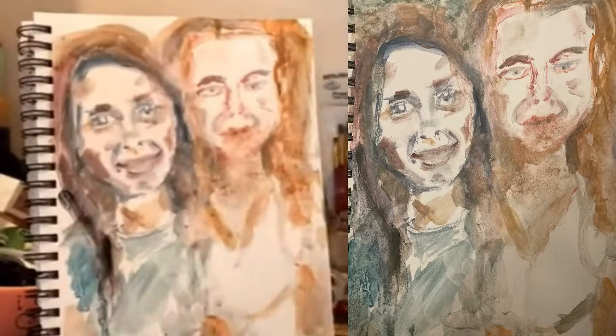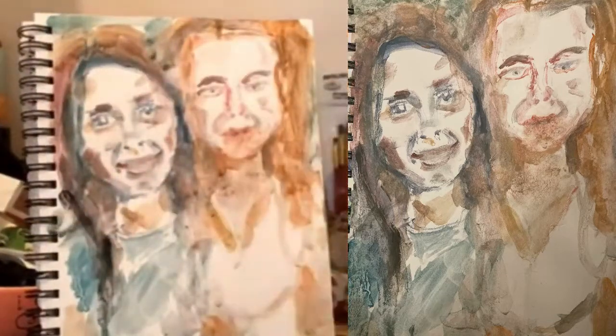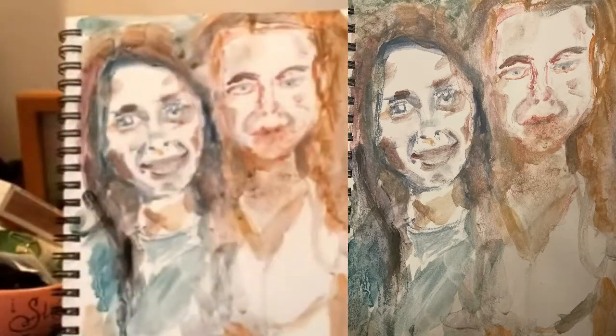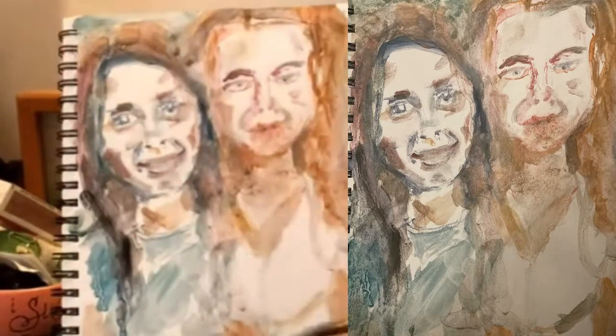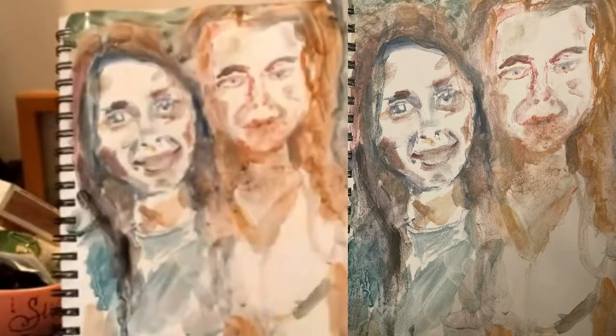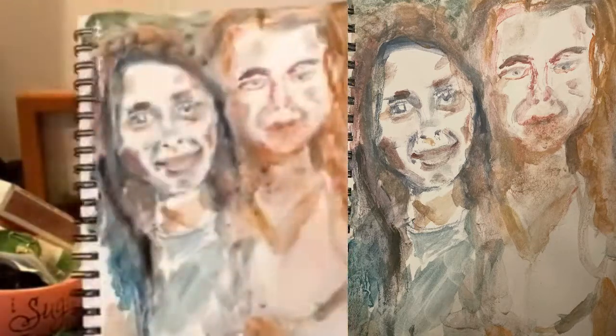And that's one of the joys of doing a watercolor alla prima portrait. It's almost inky, the way that dark hair just drips down the woman's shoulder and onto her blouse. So there you have it, mother